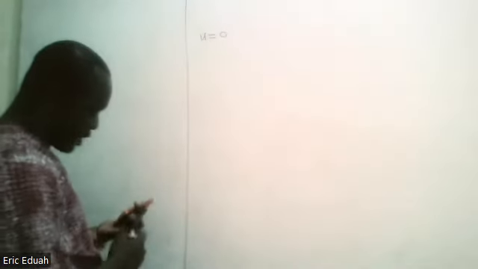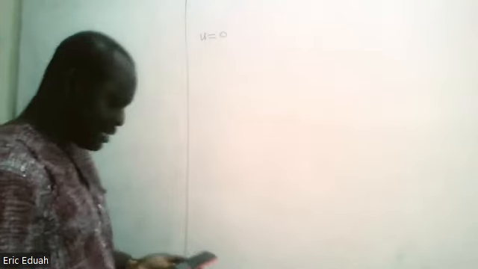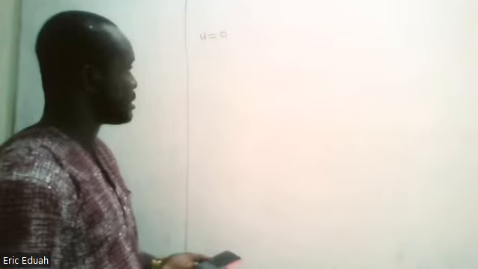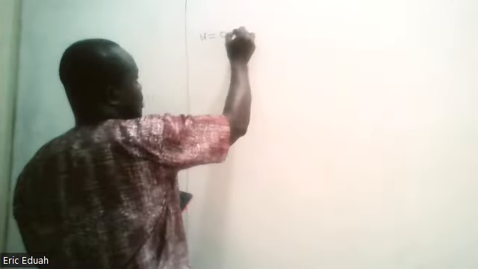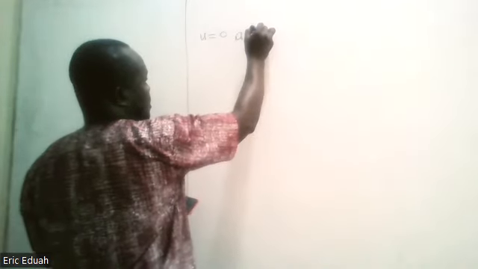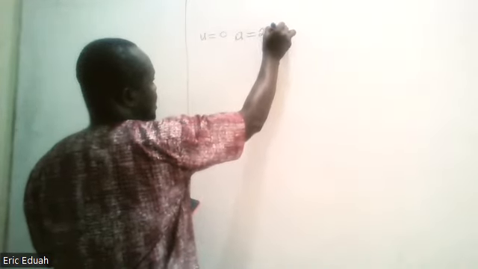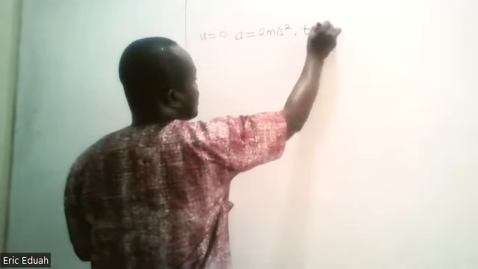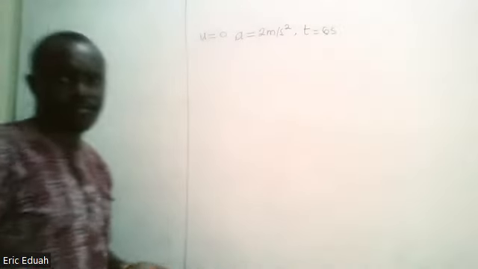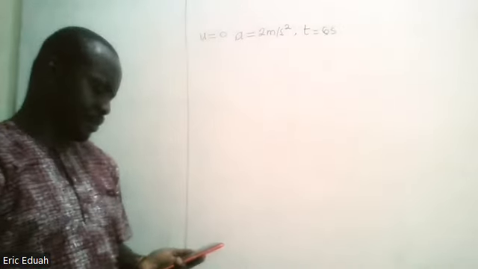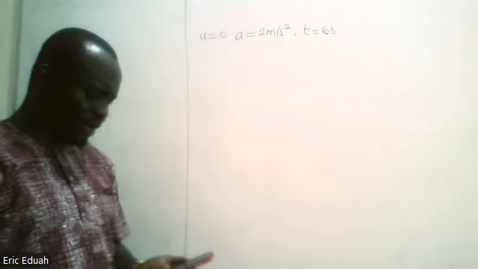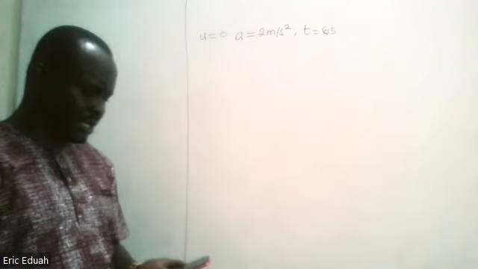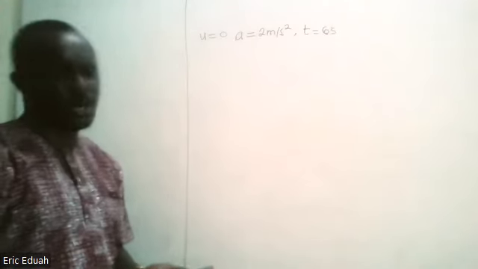So u equal to 0. Then accelerate to 2 meters per second squared for 6 seconds. Then the body accelerates. Its acceleration is 2 meters per second squared for a time of 6 seconds. It then maintains this velocity for 10 seconds and then decelerates uniformly to rest in 4